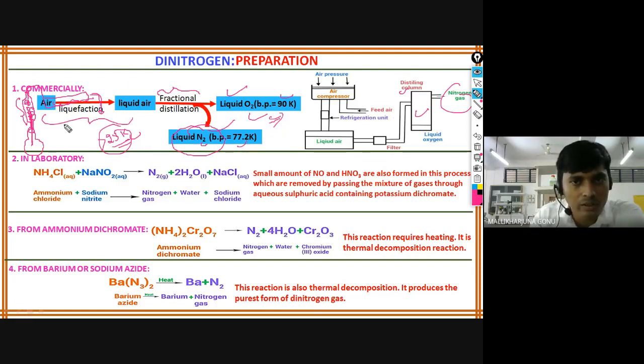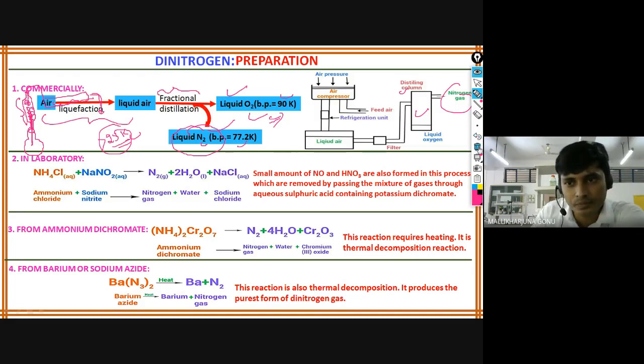So this is how it can be prepared industrially in higher quantity, because nitrogen is used to store food items, to avoid rancidity and food spoiling. You might have seen chips packets flushed with nitrogen gas, because that avoids reaction with bacteria and the outside gases. That will be stable for a longer time. So this is one of the ways.